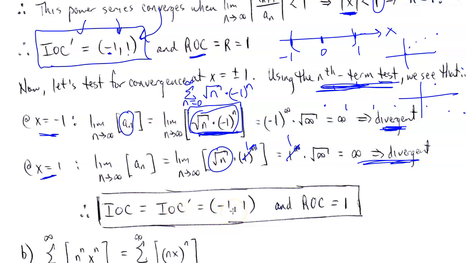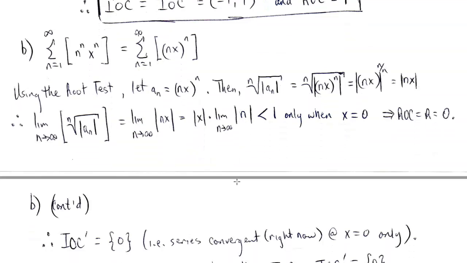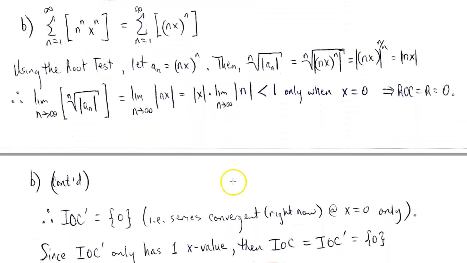So the x values that we can choose for this power series that will produce convergent infinite series will only work if you choose values in between -1 and 1. Okay. All right. So for our next example here, you see that we have a situation where the sequence that